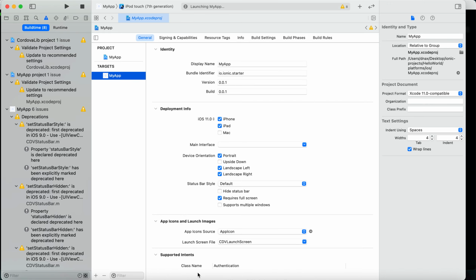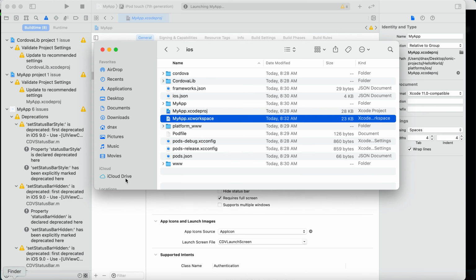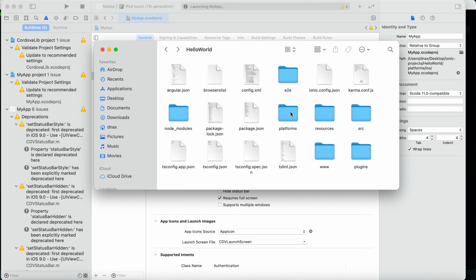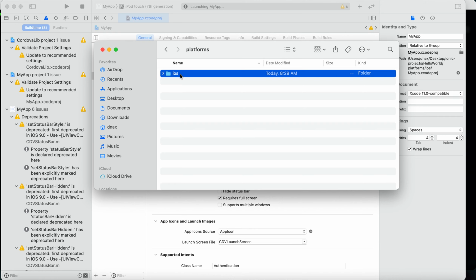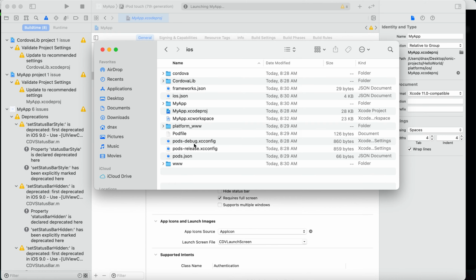So it's simple: first we selected which platform we want to add. We have added the platform, and then this is the file structure. We will get it in platforms. Inside platforms, we will get the iOS folder. Just select it and give permissions, and then get inside.